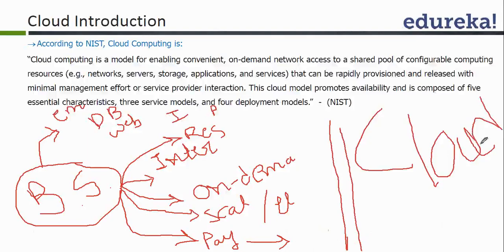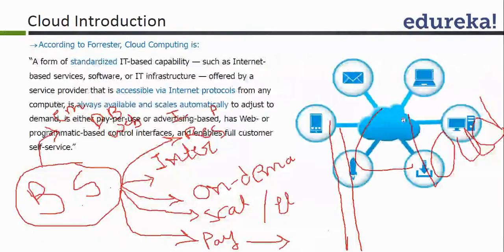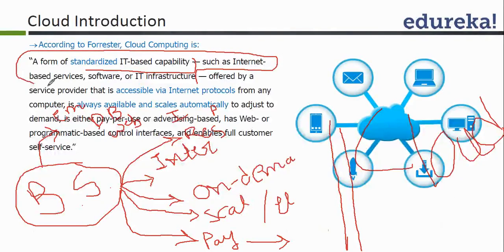And this is by me, so you would not read this definition anywhere. But I wanted to know from you, now is the time. Do you understand this? What do I mean? I try to map it with Forrester's definition: a standardized IT-based capability, such as internet-based service or software infrastructure. I replace all these words with any business service. Email, database, collaboration, web, e-commerce, web services, infrastructure, any business service